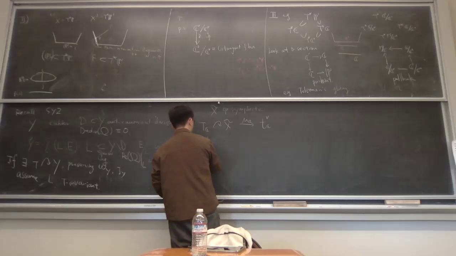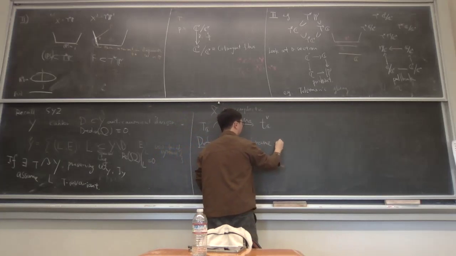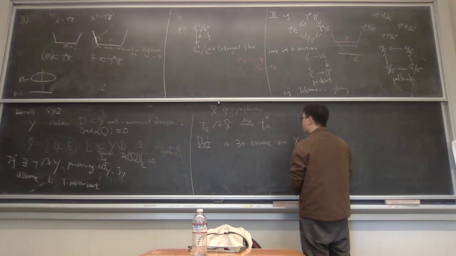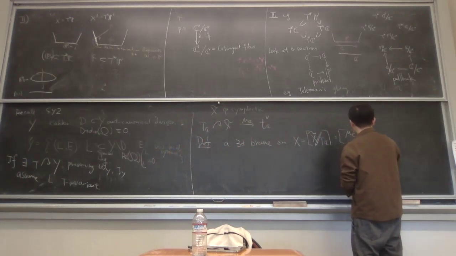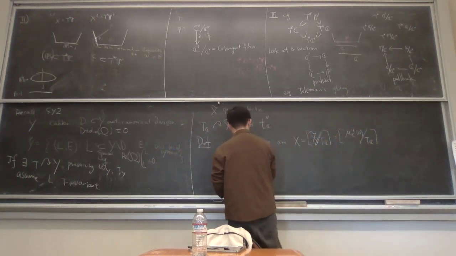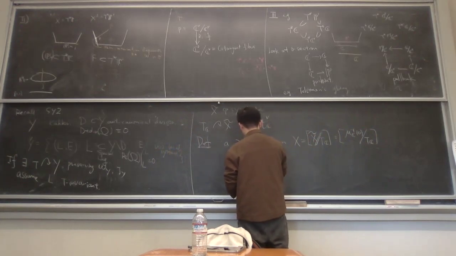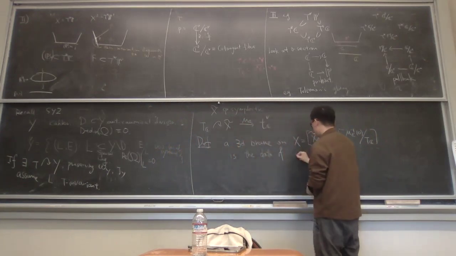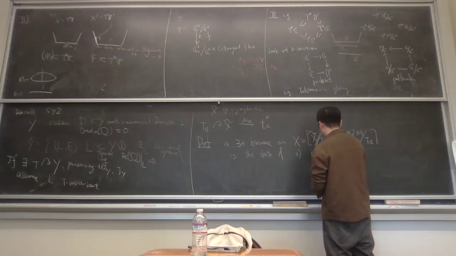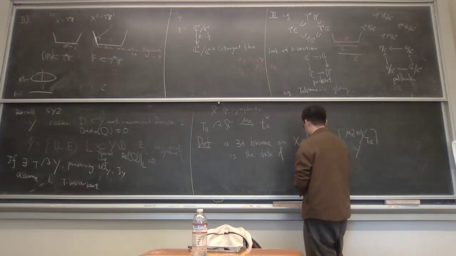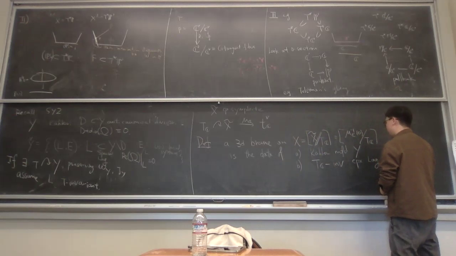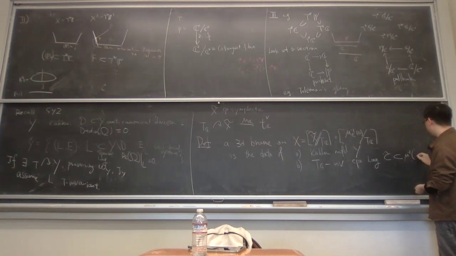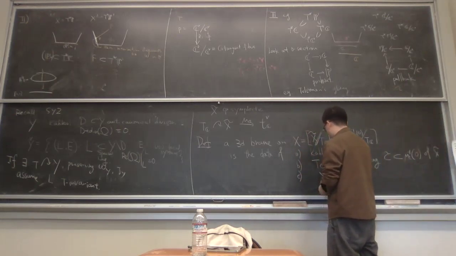So let me use the right. A 3D brane on X, which is X tilde quotient by T, the stack quotient by T, is the data of a Kähler manifold Y, a T-invariant complex Lagrangian C tilde, which is contained in the pre-image of the moment map of X tilde. And also you have a map